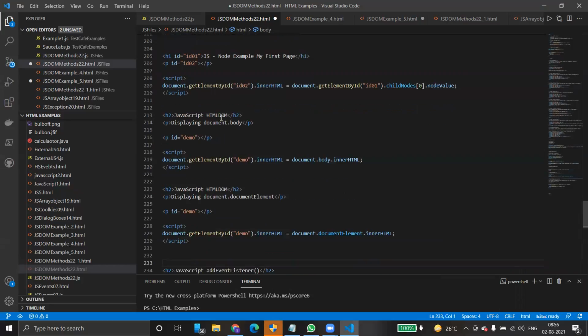Displaying body, you can display the entire body. Basically, it's a very simple script, but it's a relevant one. I will just copy and show you.